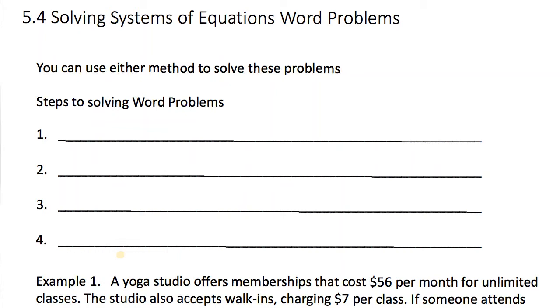All right, guys, so the last way we're going to learn how to solve systems is word problems. So we're going to start by doing our word problems. There are 4 steps to solving these. The 4 steps are, well, the first step is to label